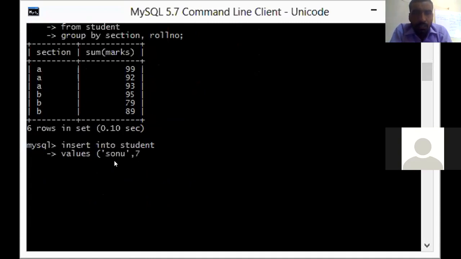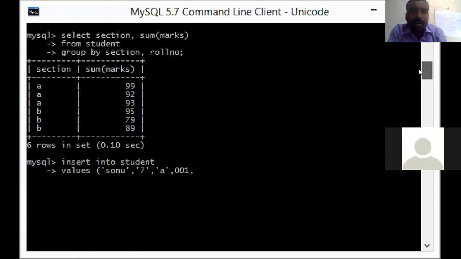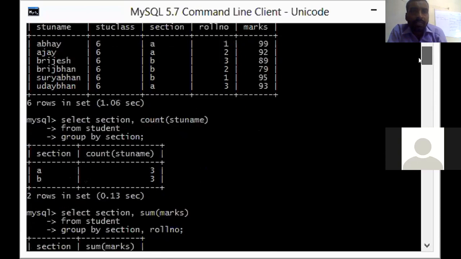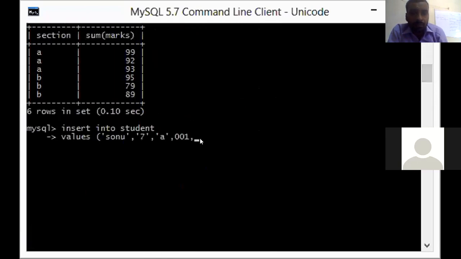Comma, class. Suppose class is 7. Comma, section. Suppose section is A. Comma, roll number. Suppose roll number is 001. Comma, the marks. At last there are marks only. Suppose marks is 76. Close the parenthesis, the semicolon, and enter key.